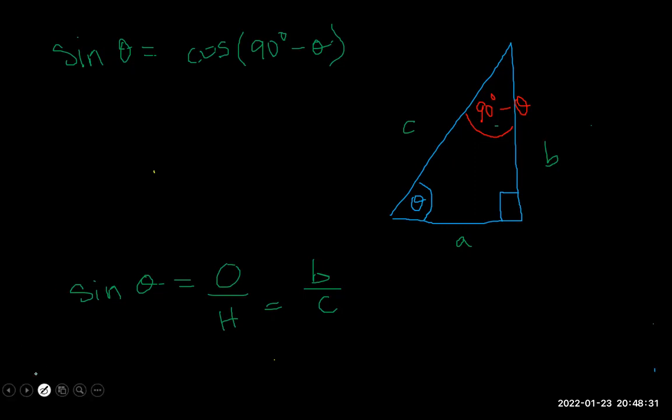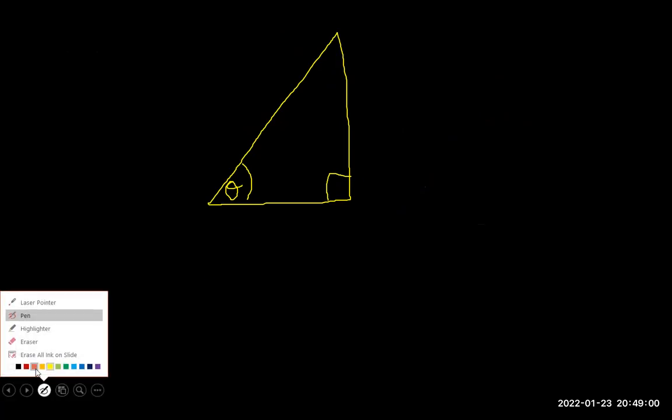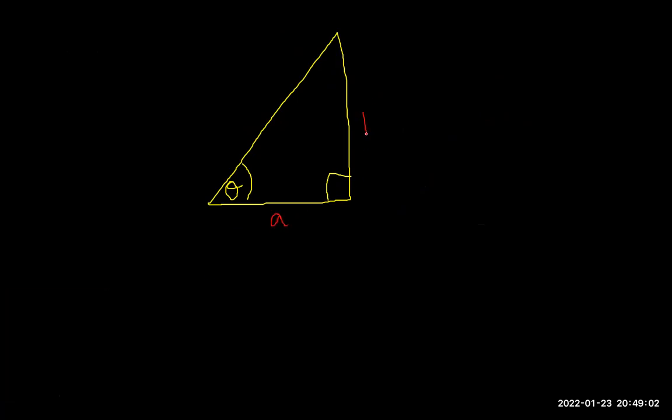Okay, let me do that again. I have my right angle triangle. You understand why this is a right angle? Why this is called a right angle triangle? Yes, miss. Okay. I said theta. If I name my sides A, B, C,